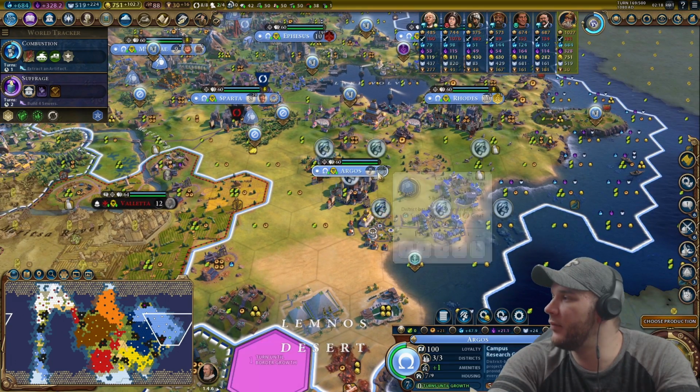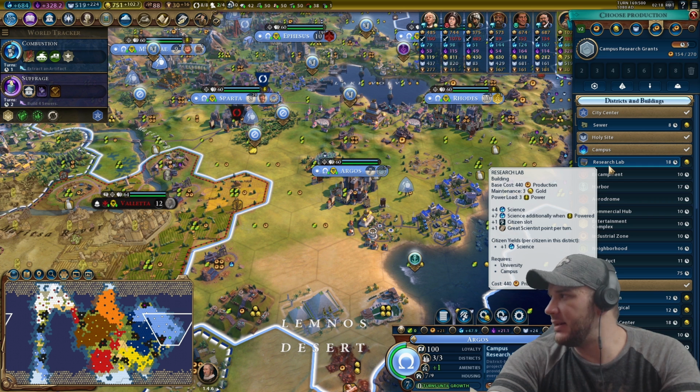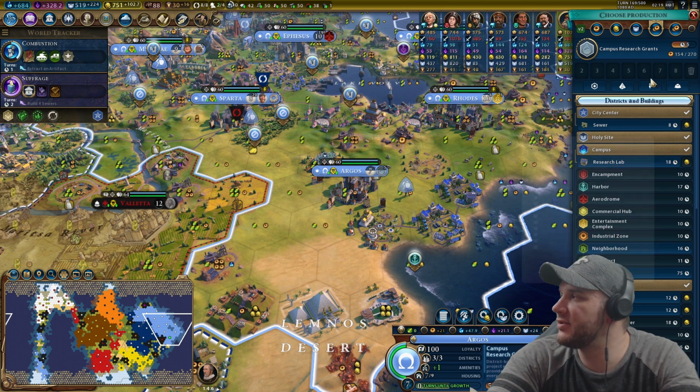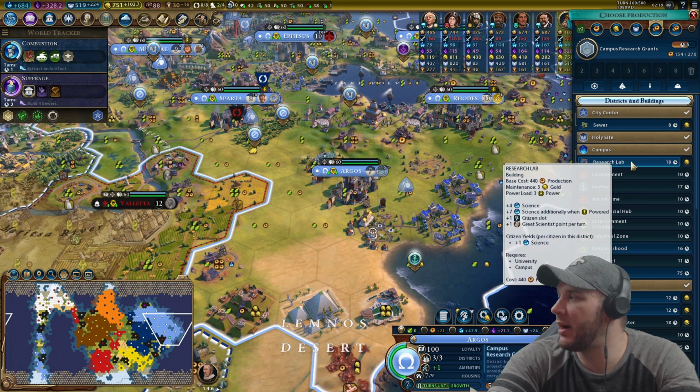hold on, so I don't want to get annoyed by them. Actually, 18 turns would put us at 190. Well, I suppose technically 188. It's a close call, but we're getting so close to turn 200 now. I think we're much better off going with campus research grants, and then we'll buy the research lab,